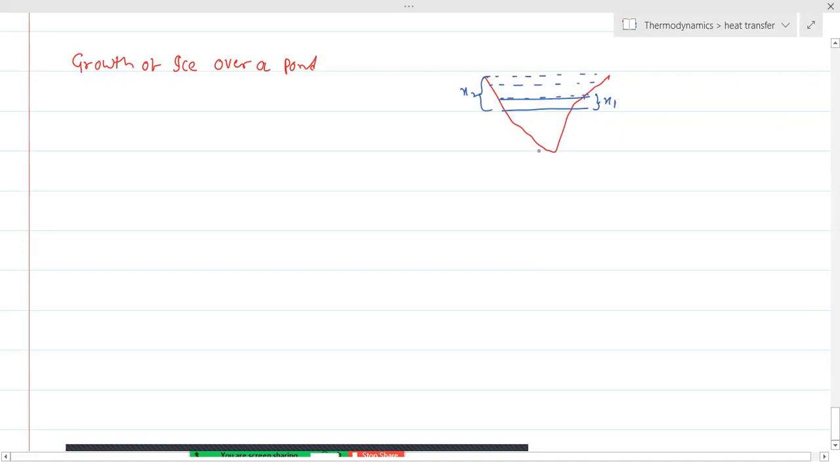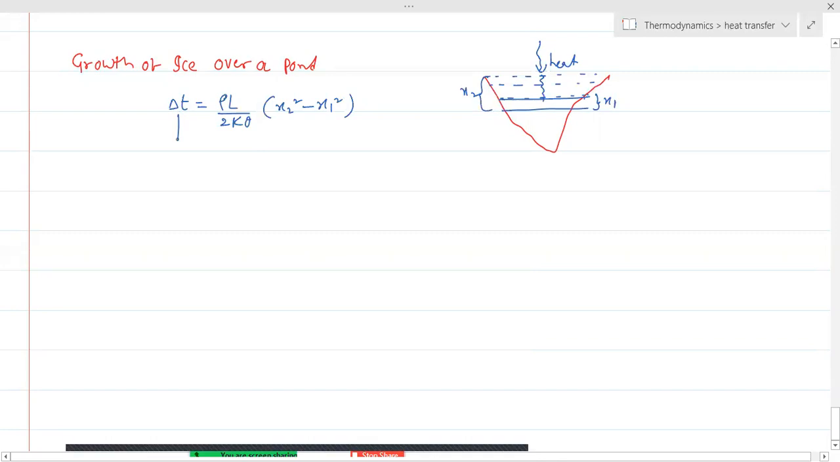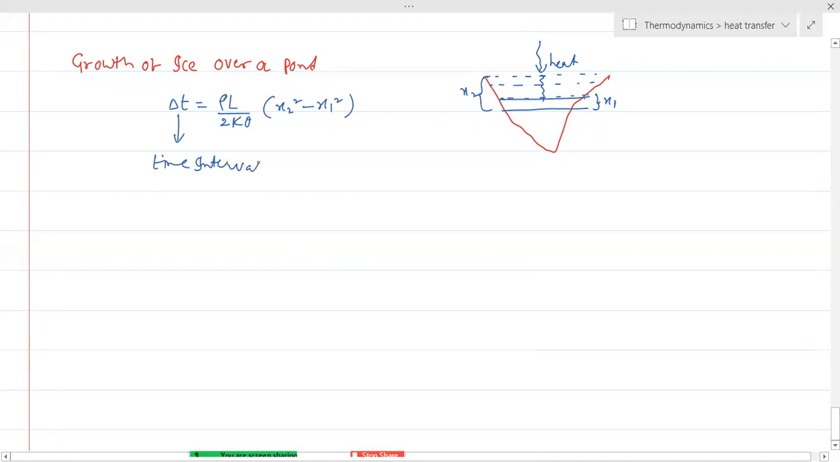This is also possible by means of conduction. Whenever the heat is given to this, the heat is passed through the layers of water. Because of that heat exchange, the layers of the ice will be frozen. So we have a condition: the time interval will be equal to rho L by 2k theta into x2 square minus x1 square. This is delta t, meaning time interval, and L means latent heat of ice,